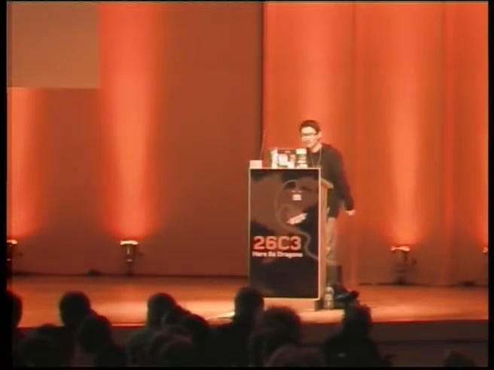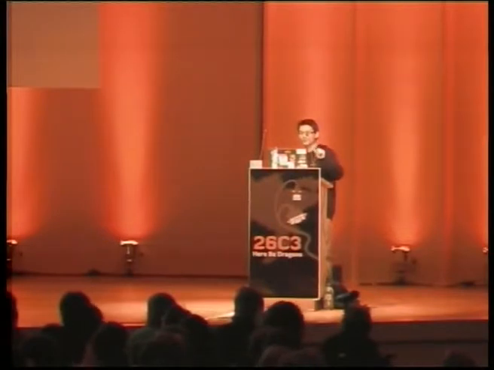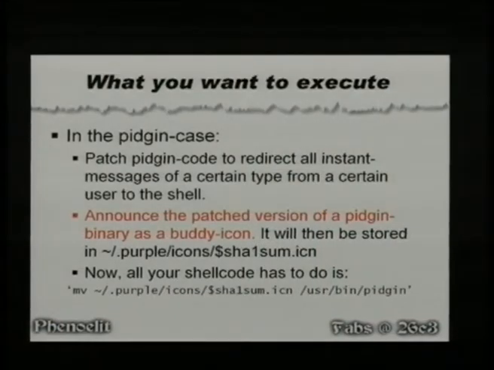So now, what do you want to execute? What's your shellcode going to be? Well, what you can do now is you can exploit buddy icons. You can actually send your patched version of Pigeon as a buddy icon simply by saying, this is my buddy icon. And then it will be stored on the remote system as a file,